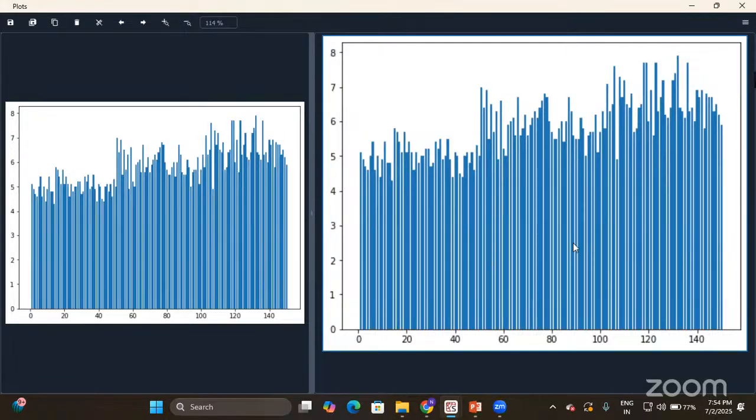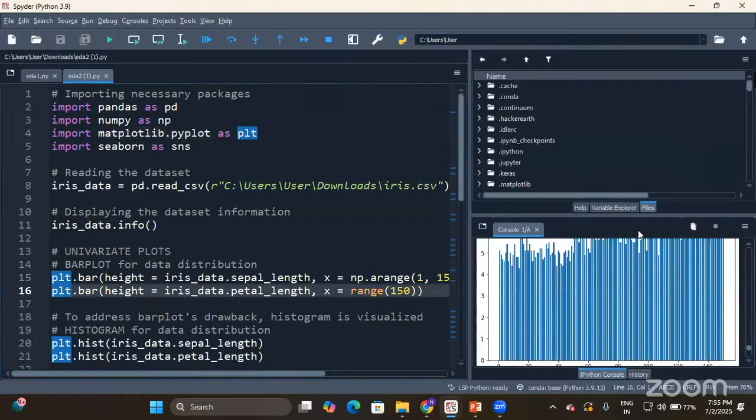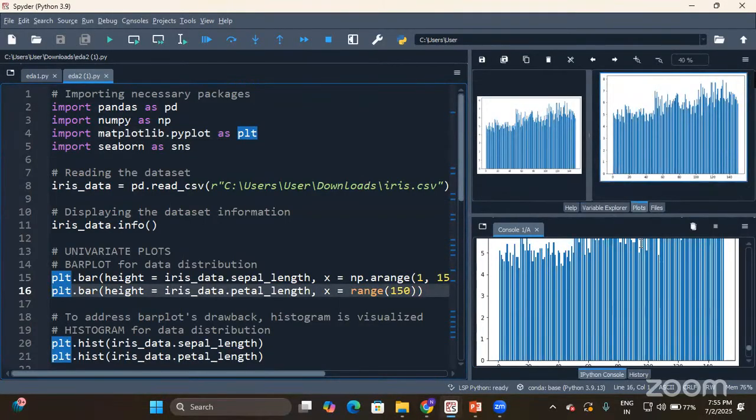When you keep on increasing the number of records, if you are working on large data sets, we cannot interpret the results of a bar plot. But the purpose of a bar plot is to understand the distribution. If this is the case, how am I going to interpret the plot? No, right? So that is why a bar plot is not an ideal plot for data distribution. A bar plot is not generally visualized to understand data distribution.